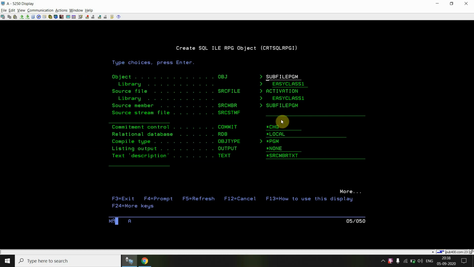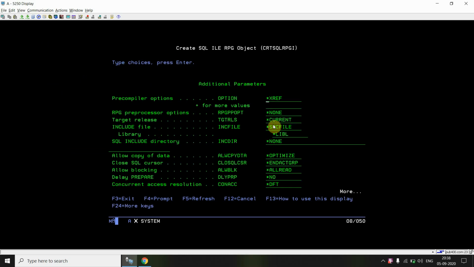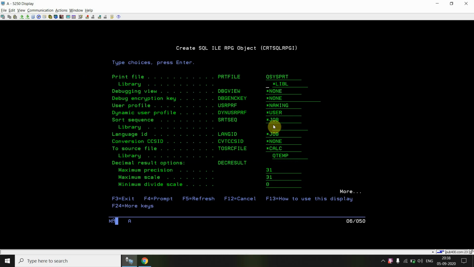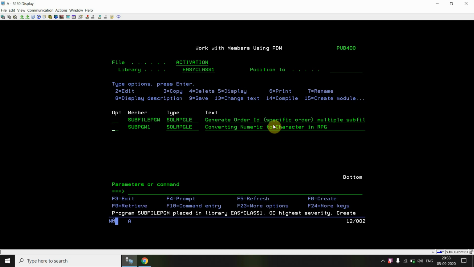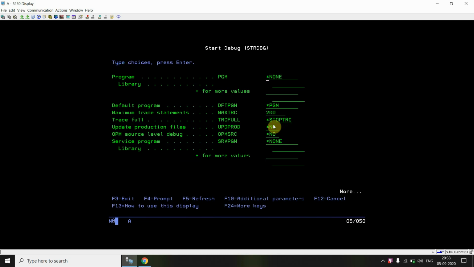In the program we specify *NONE, so that will be taken into account. Just compile this program. The program is compiled. Just debug this program.